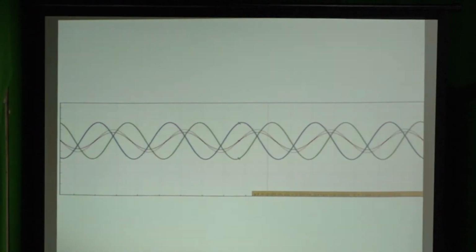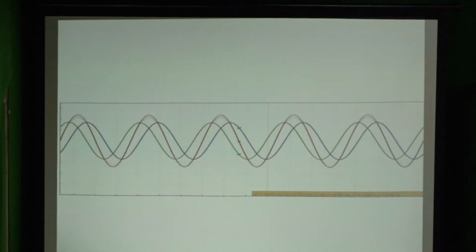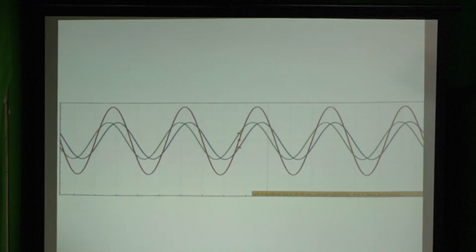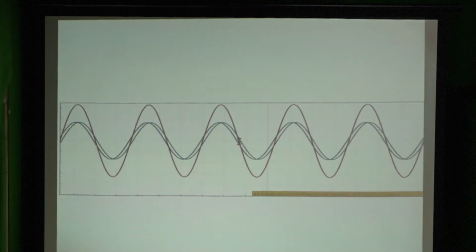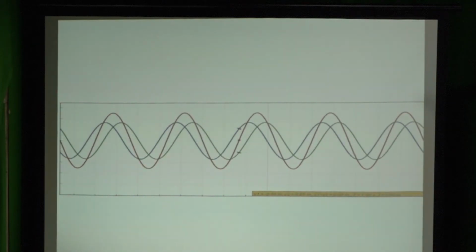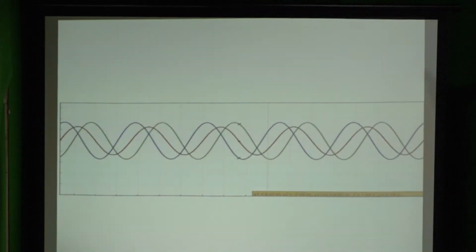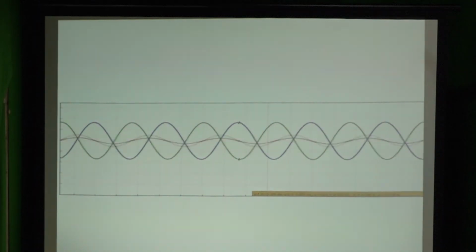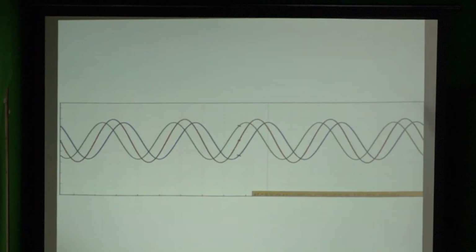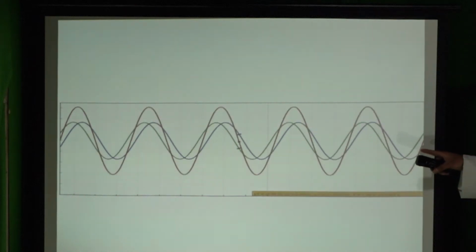So if you look at this video clip, we can clearly observe the constructive interference and destructive interference. Look at the green wave and the blue wave. As the crest of the blue wave superimposes with the crest of the green wave, the resulting wave, which is red in color,